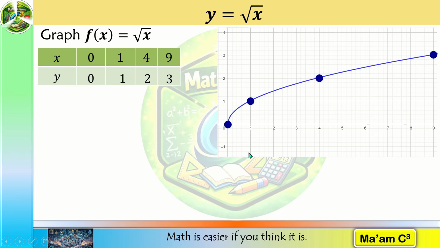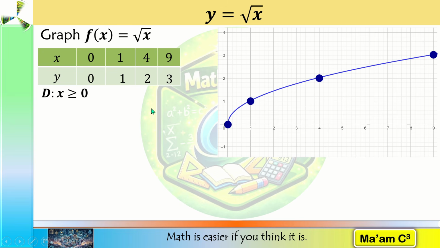Now let us determine the domain of this graph. Since you do not see any graph on negative x values, it means the domain starts from 0 to positive x values. x is greater than or equal to 0. Just like what I said earlier, we cannot substitute negative values here because the square root of a negative number is imaginary. So all we have is from 0 to positive infinity, x that are greater than or equal to 0.